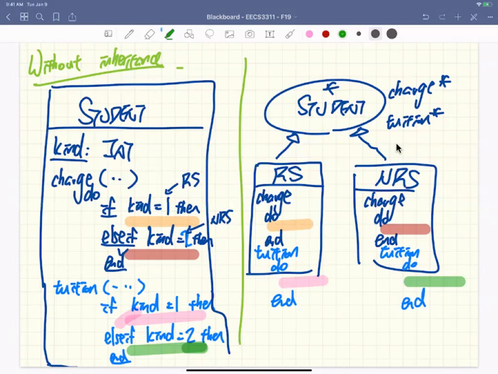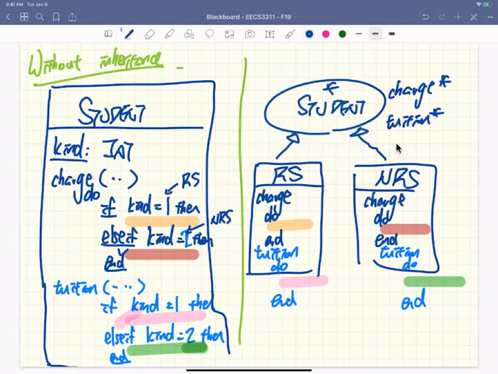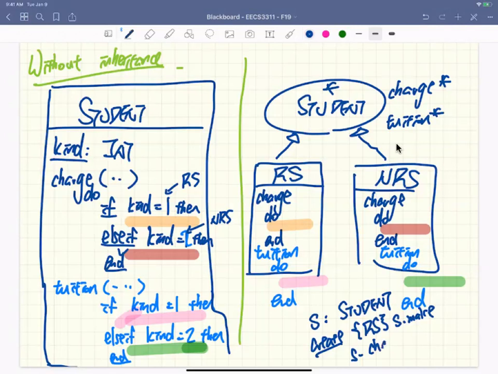One more thing to say. How does the inheritance work at the runtime? So now if I say S is of type students, okay? If I say create, we'll talk about the syntax a little bit later, but I'm saying now I want to make a resident students. S dot make. If I say S dot charge,